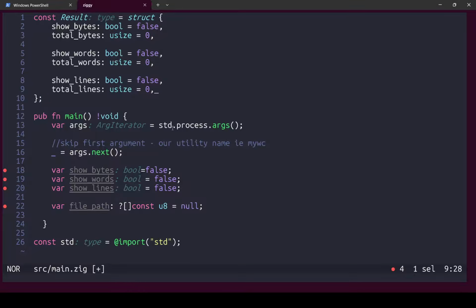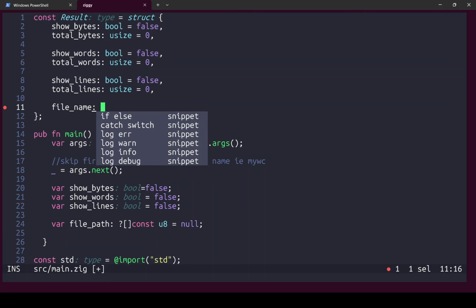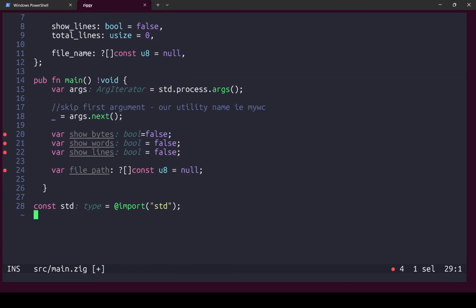Okay, so maybe we can have one more variable there to hold the file name, optional const u8, and let's define it as null, because it can be null. Then in that case what we do is I will open the stdin file by default. Okay, so then what we're gonna do,